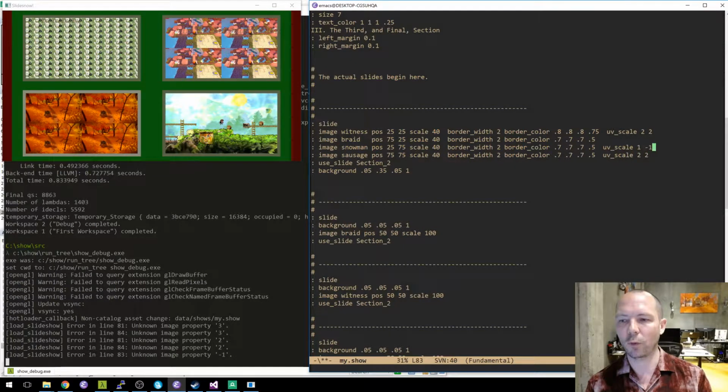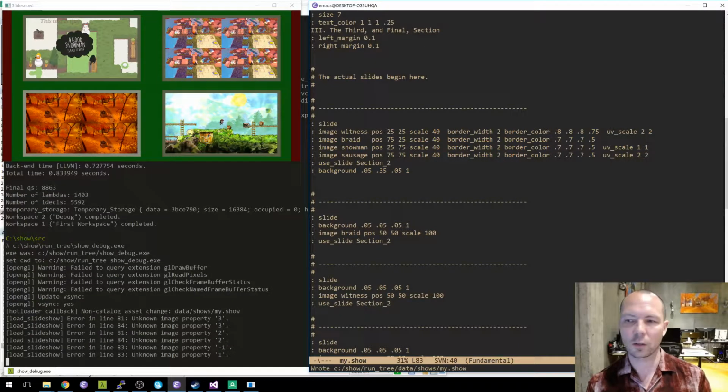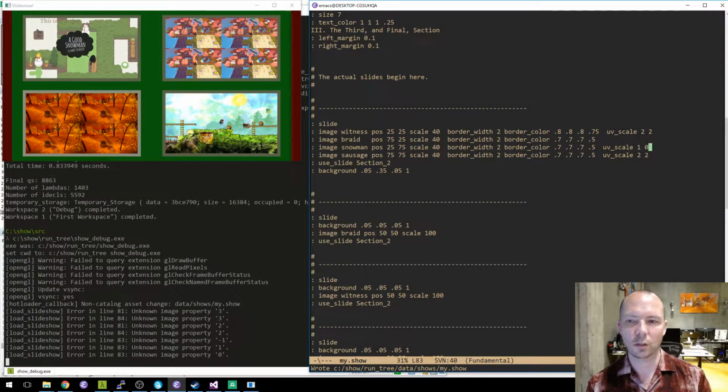So if I go 1, -1, we flip in, I thought. Unknown image property. Really? What is happening? I screwed up something.